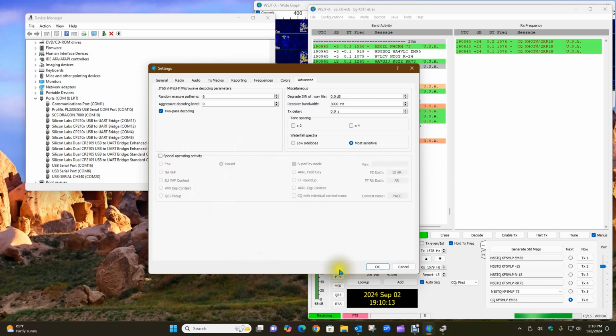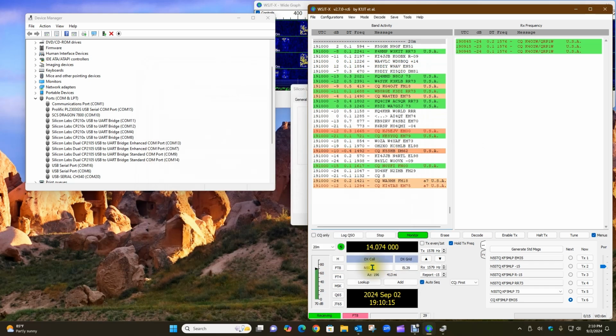Now that you've got this all set up, click OK. And here's where you can go to Hound, Super Hound. Now I'm in Super Hound mode, and here I'm now in FT8. Okay, that's basically it for the